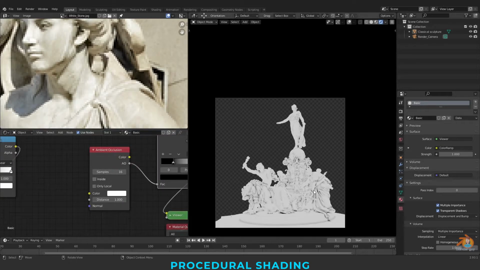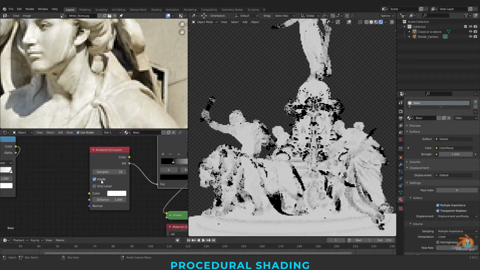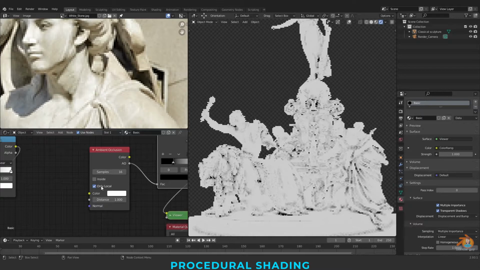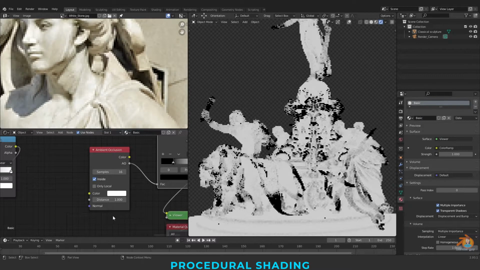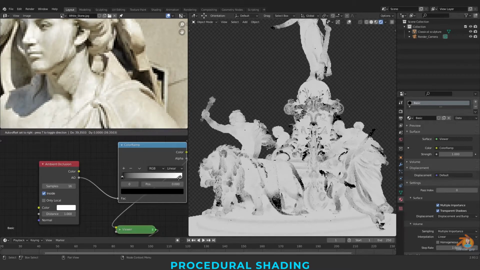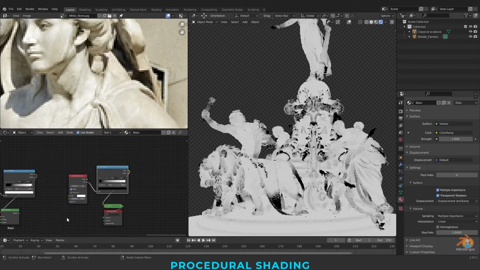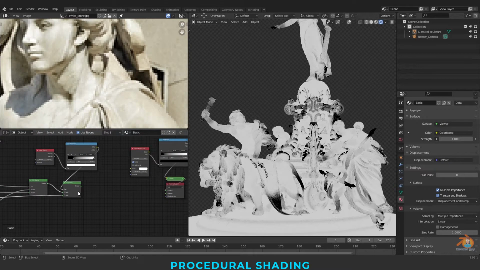So you have options called inside, see, and also only on local. We'll use this and let's see how much difference we are getting.